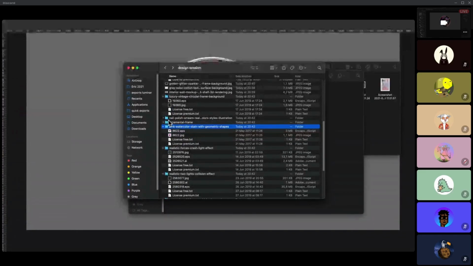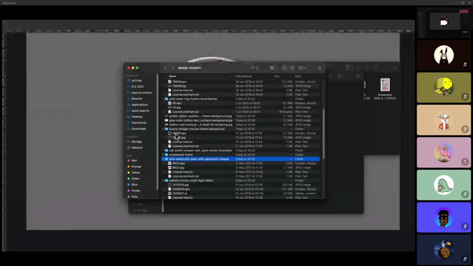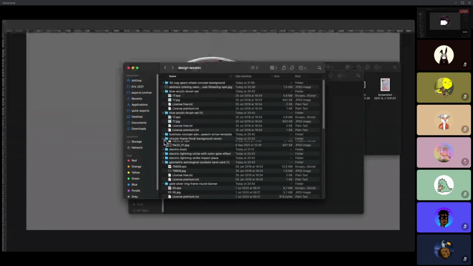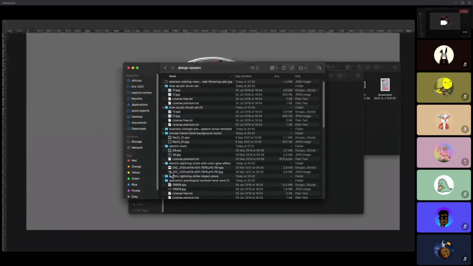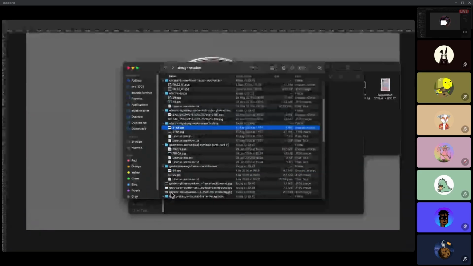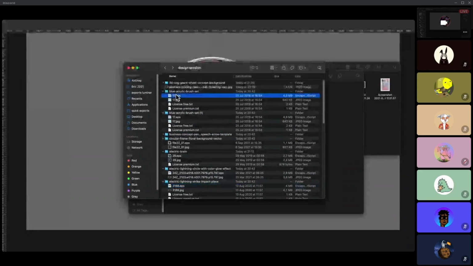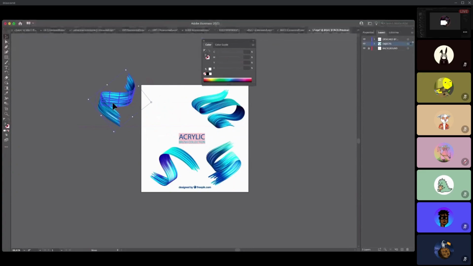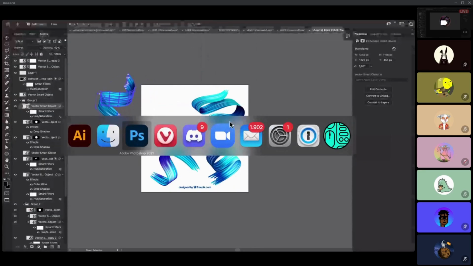Where are they? Yeah, this one's. So as you can see here, this is another set of vector that I found on internet, and I really like this one, for example. It adds a lot of dimension and aspect. Like for example, if I Command C this, Command V, like so.